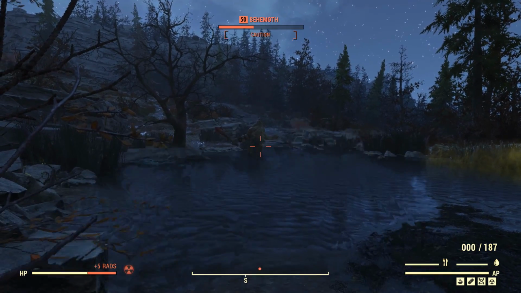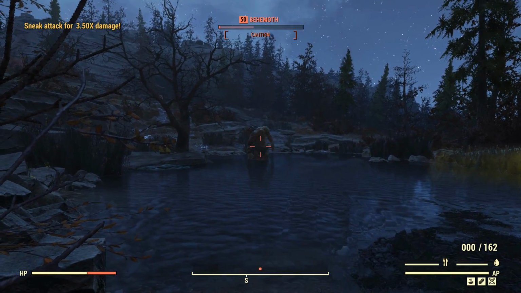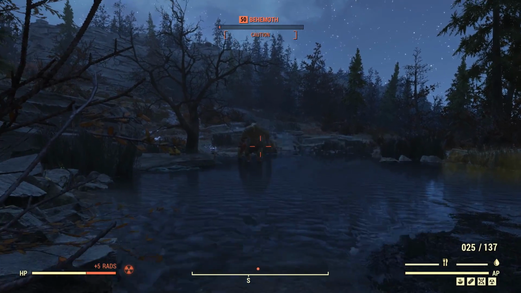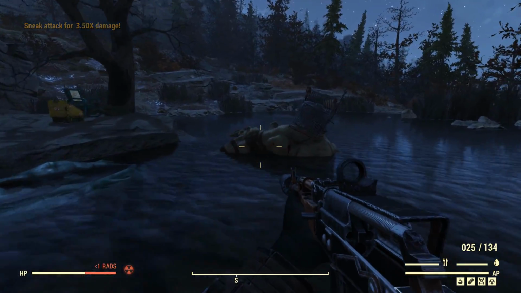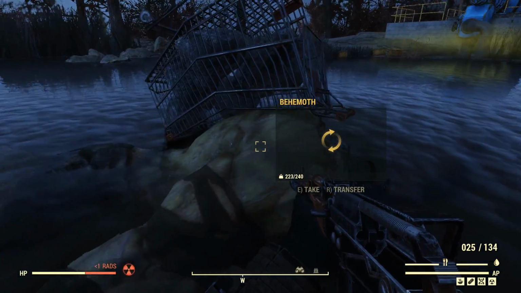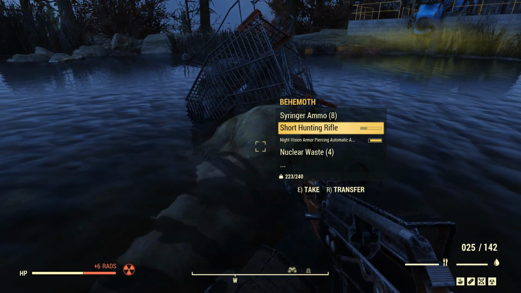And I'm not going to use VATS either because I didn't use it with the Gatling laser. Almost dead. Probably could have got him if I actually managed to hit my shots. And we're using sneak attack criticals, there you go. I've managed to kill him fast with a non-legendary weapon,